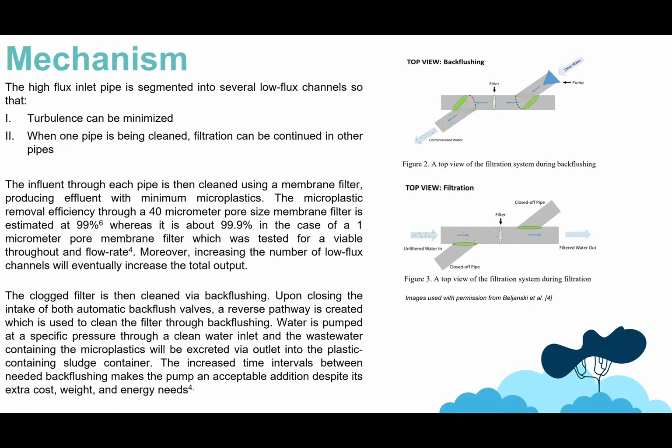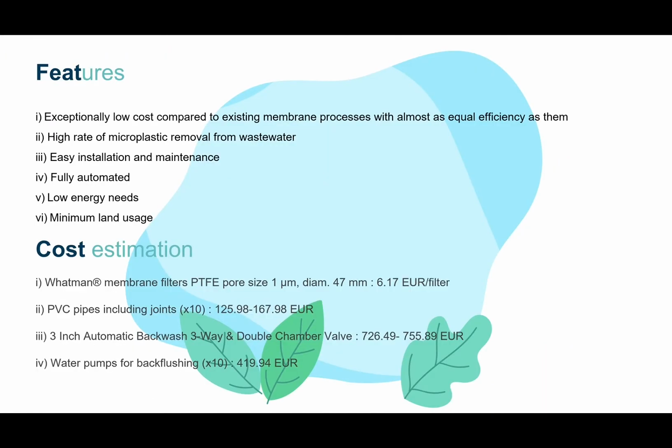During filtration, the influent passes through the membrane filter, and approximately 99% of the microplastics get separated from the effluent. The backflushing system ensures that they end up in the sludge container instead of clogging the filter. Our MRP is exceptionally effective, costs lower than existing membrane processes, and overall is a better choice than the other